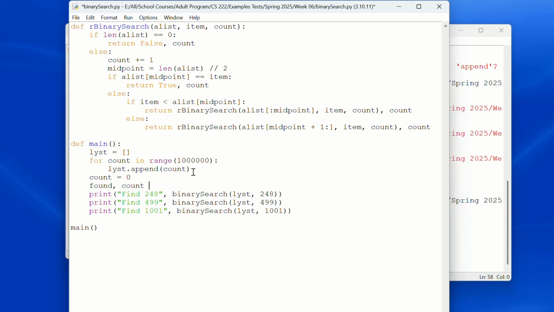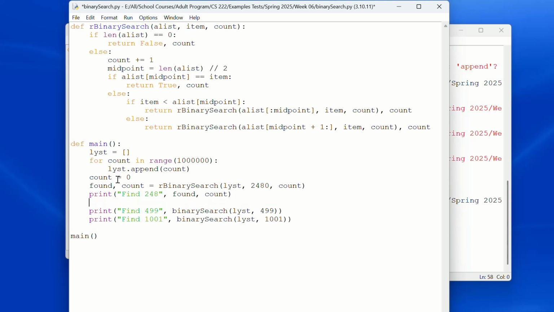Found count equals our binary search list 2480 count. Okay. Then we're going to print find 248 and we're going to do found count,